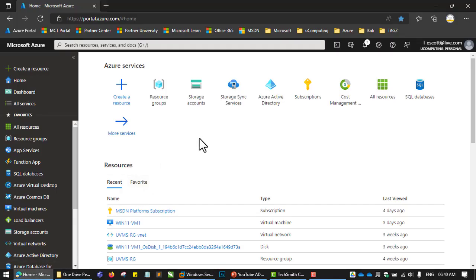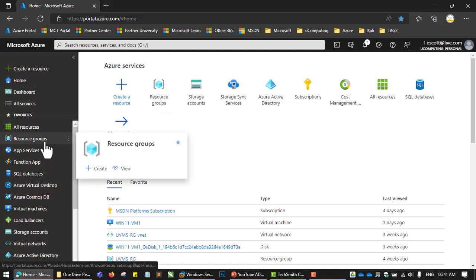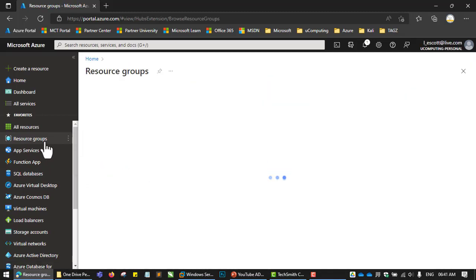So I'm going to go back to my Azure portal, and the first thing that you need to create over here is a storage account. No matter what type of storage you want to create on Azure, you have to have a storage account. Before you create a resource on Azure, you also need to have a resource group. So let's go ahead and create a resource group over here. I'm going to create a special resource group